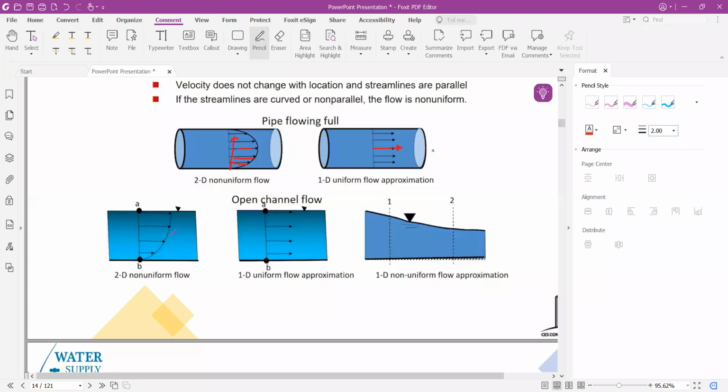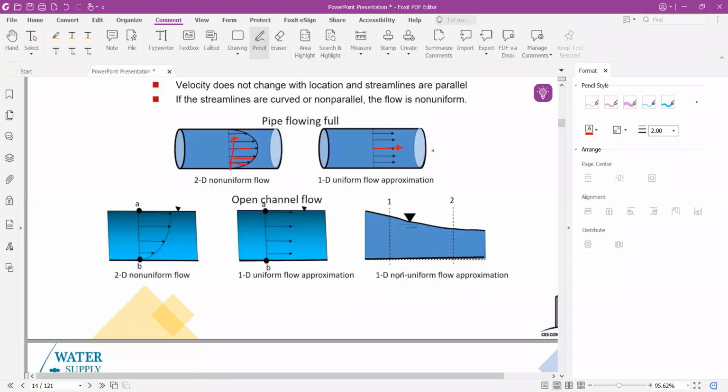Similarly, in the case of open channel flow, this figure shows how the velocity in the x and y direction changes, showing the 2D non-uniform flow. And in this case, we are approximating it to the 1D uniform flow approximation. And in 1D, the